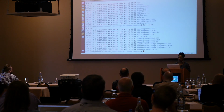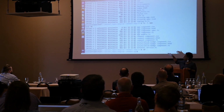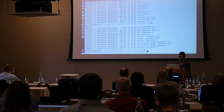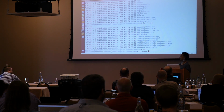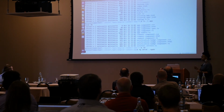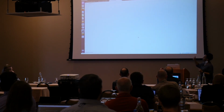The interesting, kind of cool thing about this is that I'm inside of my Angular comment app repo, and if I do ng serve, so ng is part of the Angular CLI package, ng serve is going to compile our TypeScript into JavaScript, and then it's actually going to serve up all of our stuff in a browser. So if I do ng serve --open, it's going to go ahead and compile everything. It's going to pop open a browser, and it's going to show us